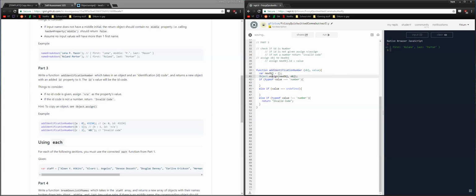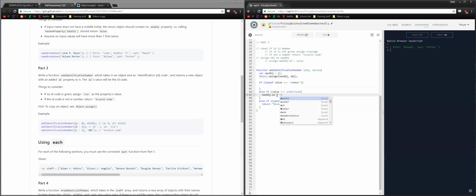So what that should do is that'll make new object have object in it. So whatever that will end up being, like A will be 0. That'll be put in there. So now you need to, that's done. So now if it hits this step, we need to set new obj dot ID is equal to